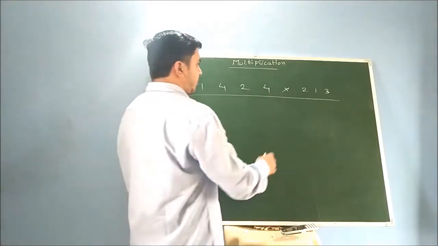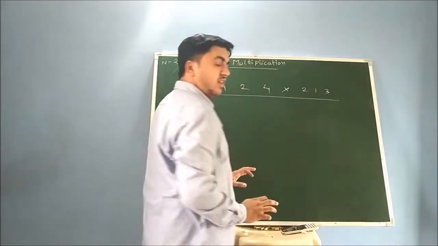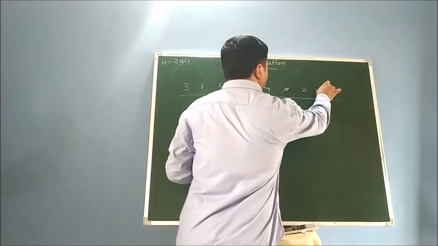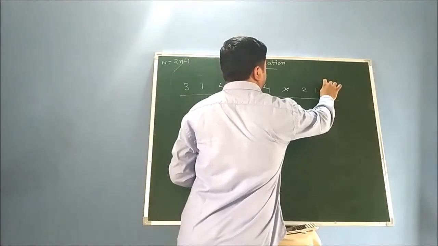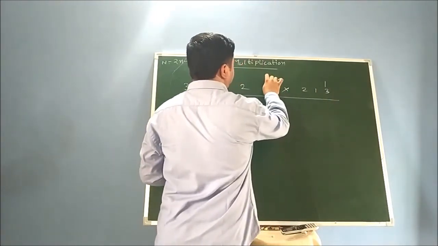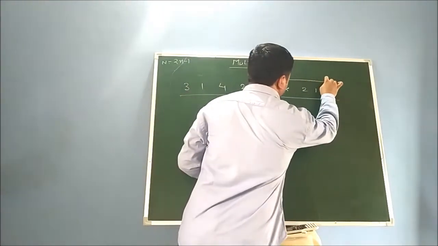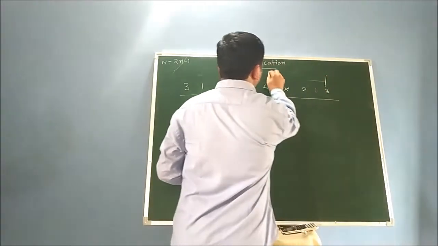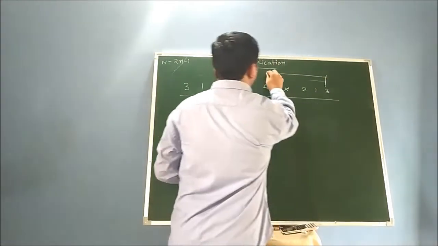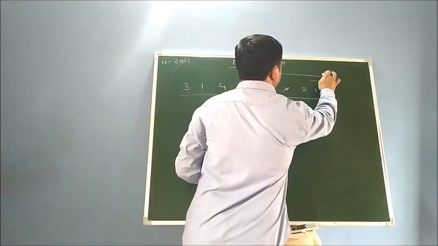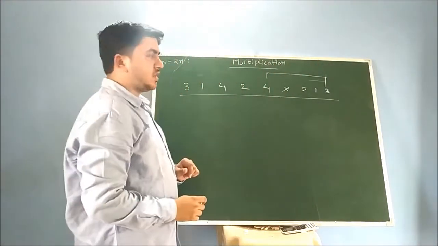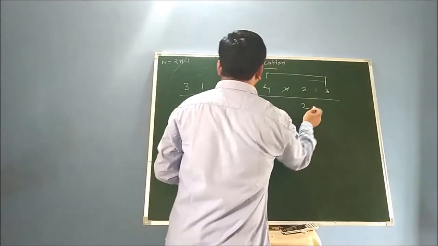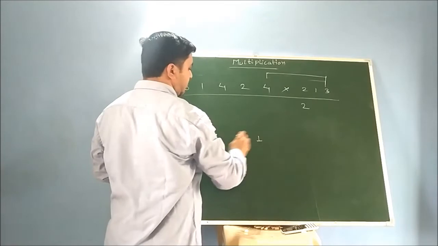In the first step we'll multiply both numbers' exterior digits, that is 4 into 3 will be multiplied. So this 4 will be multiplied by 3. Let's write it down somewhat like this. In the first step this 4 will be multiplied by 3. So the answer will be 12 here. So 2 is there and the remainder is 1. So let's write down the remainder here.